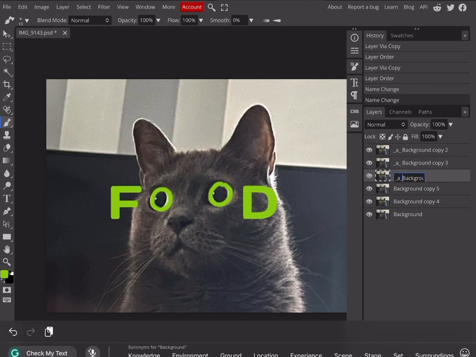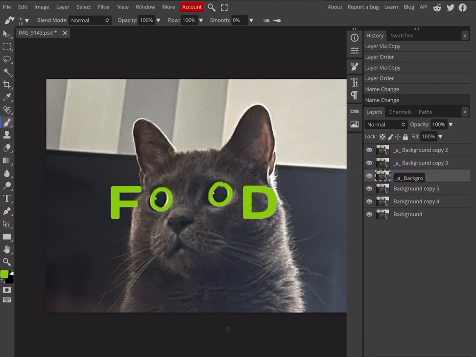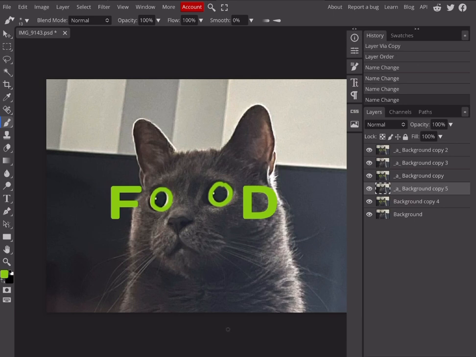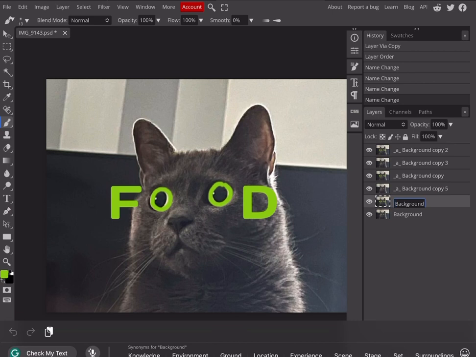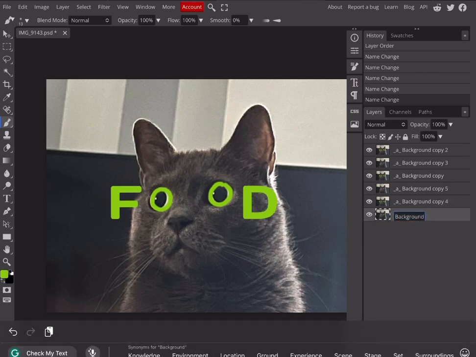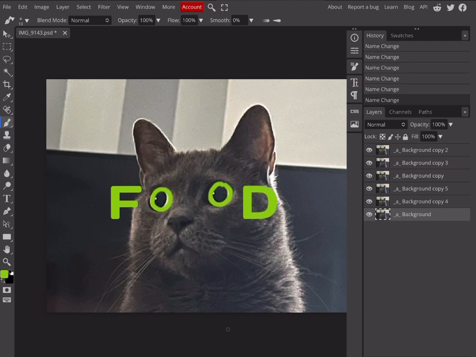I'm not sure if I'm using the right term for this, but ultimately putting this little keyboard shortcut communicates to Photopea, the actual software, that you want to make this into an animation. Hence it's an A. I'm not sure what the underscores exactly stand for, but it will communicate with itself. But you do need to make sure that you put this on all of the layers that you want to include in the animation. So you can see I'm just going down the list and adding all of it. So now all my layer / frame names have that underscore a underscore, and I'm going to want to go to File,